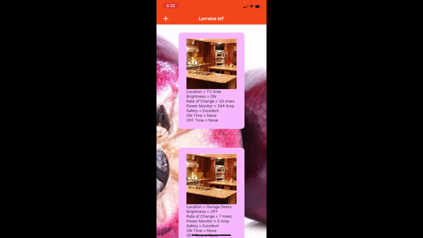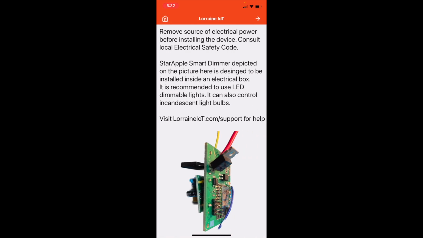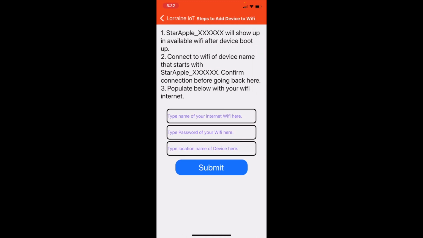you click plus above, and then of course you're going to read all of the instructions on how to install the StarApple device, which is shown here at the bottom. This is what you're going to install. Once it's installed, you power it up, and then the device is going to boot up, and then just read these instructions in order for you to add